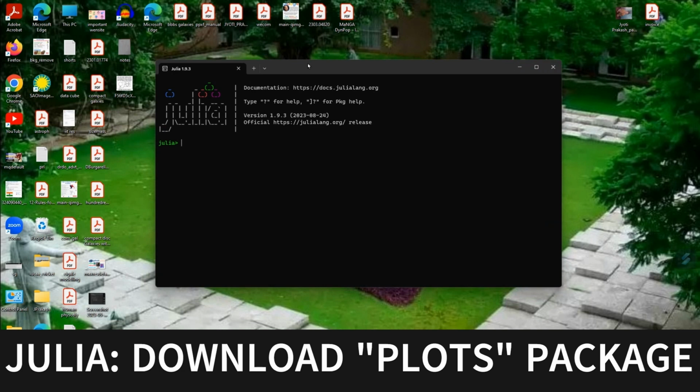Now type import Pkg. For that, capital P, then a small k and g. Run it. Now the second command line should be Pkg.add, and then give a string, capital P Plots. Now run it, wait for some time,